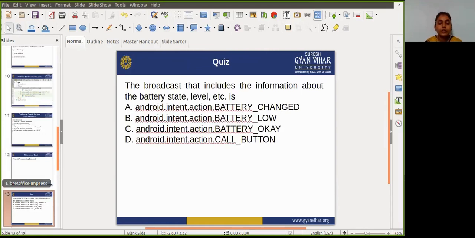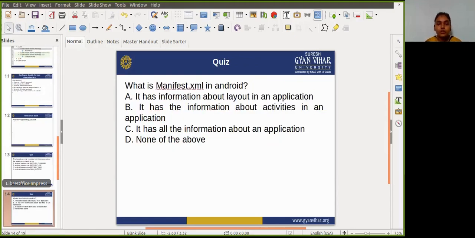After learning this lesson, you will do this exercise, in which the broadcast includes the information about the battery state, level, etc. It asks you which broadcast includes the information about the battery state. So there are four options. You can tell me the answer.